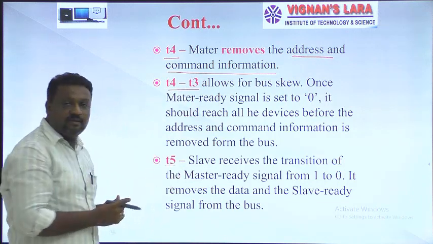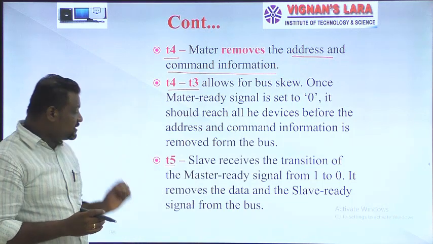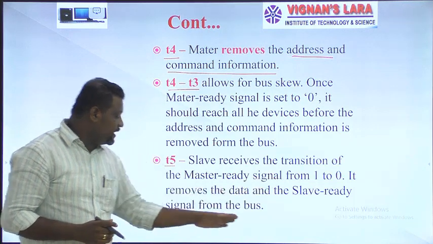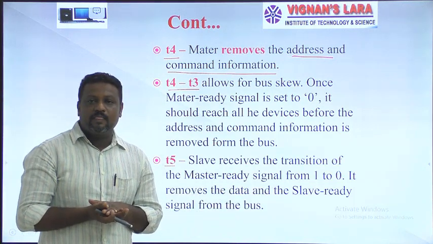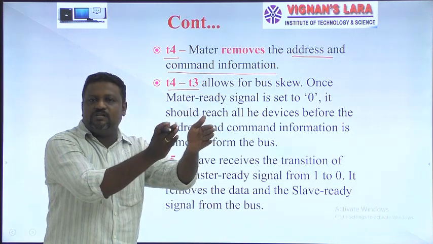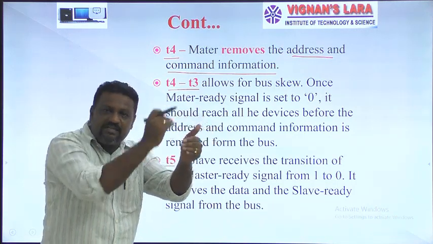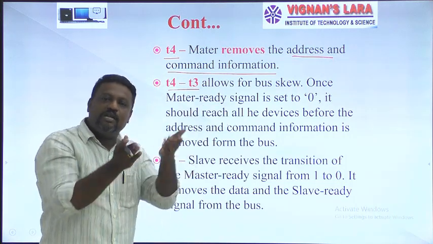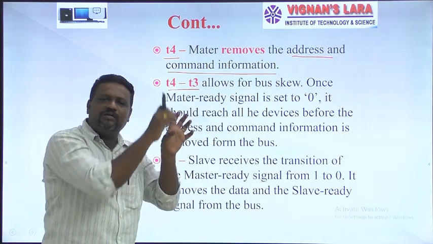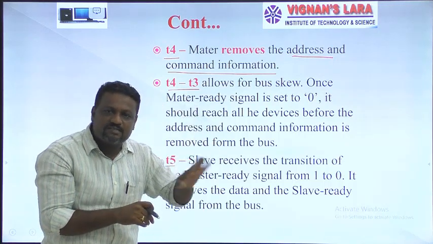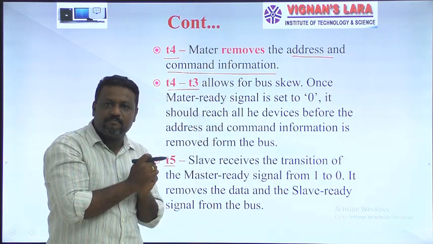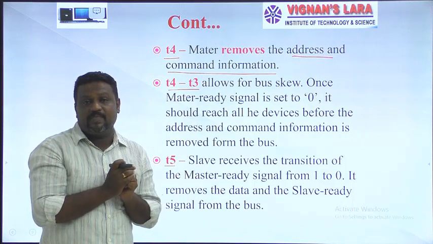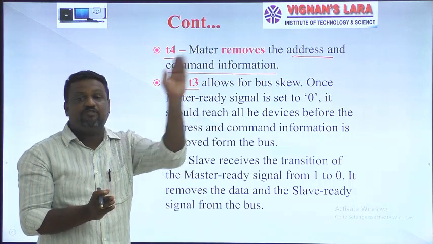Next, T5. The slave receives the transition of the master ready signal from 1 to 0. It removes the data on the slave ready signal from the bus. Once your master deactivates that signal, it sends that information to all the slaves by changing the logic level on the master ready signal from 1 to 0. Later, on the master side, it removes the address information as well as the command information it already placed. Once a slave receives that the master ready signal was deactivated, that is, the logic level changed from 1 to 0,